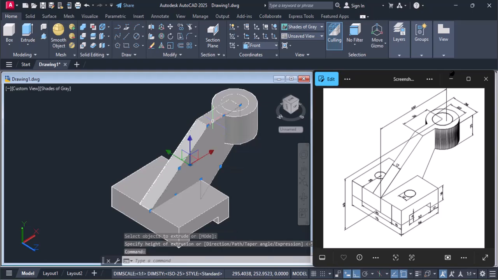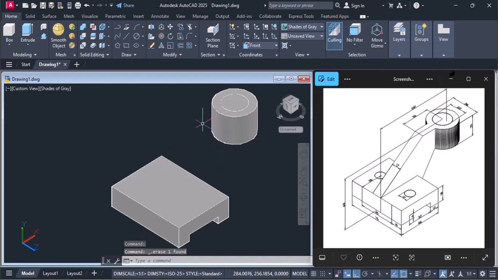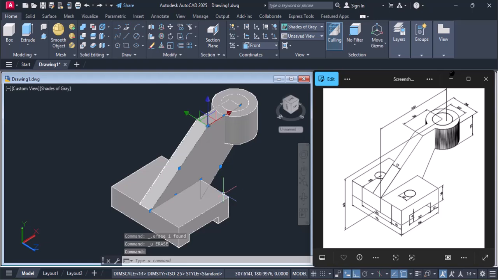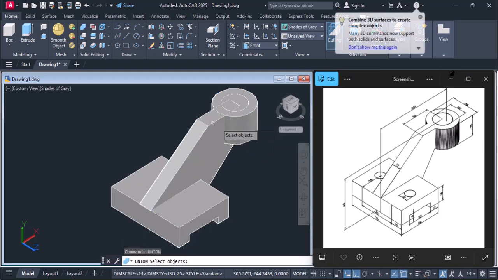Now we select this geometry. Now we select this object, and the circle and use the union command and club it into one entity.